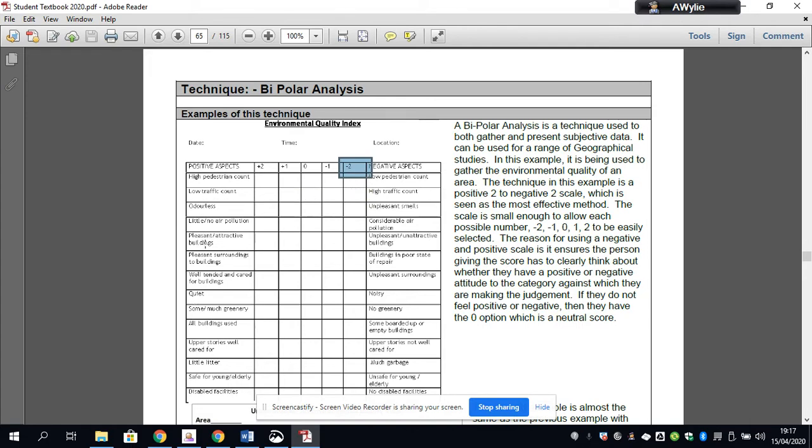So if you look down this list, you'll see, is the area quiet? And if it's quiet, then that's a positive aspect for environmental quality. If it's very noisy, then that would be a negative, so you'd be giving it a -2. You'll see the wording on the left and right-hand side for the positives and negatives are exact opposites of each other. So you're going to be using this +2 to -2 bipolar system